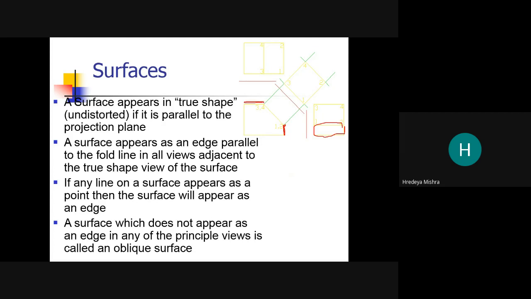Okay, that is the meaning. If any line of a surface appears as a point, then the surface will appear as an edge.